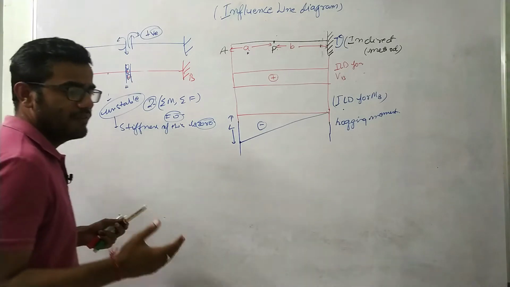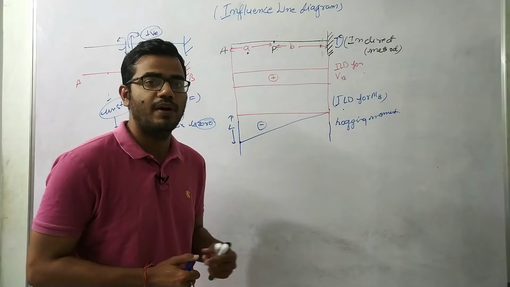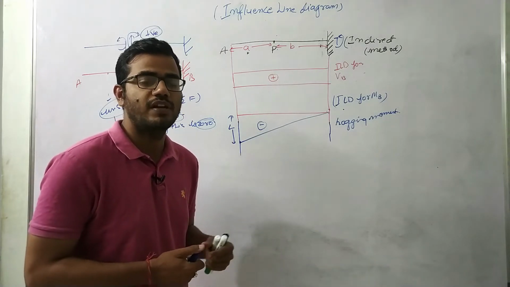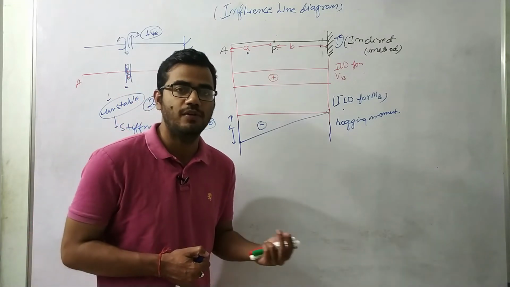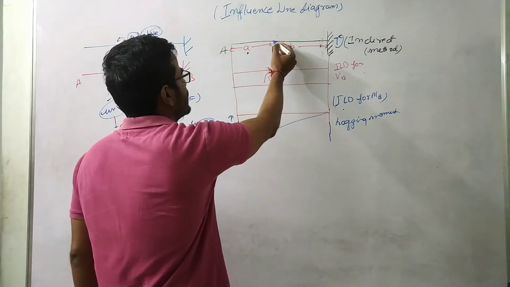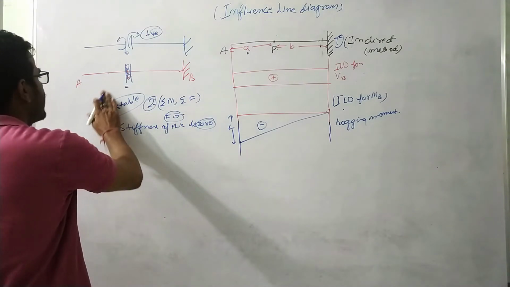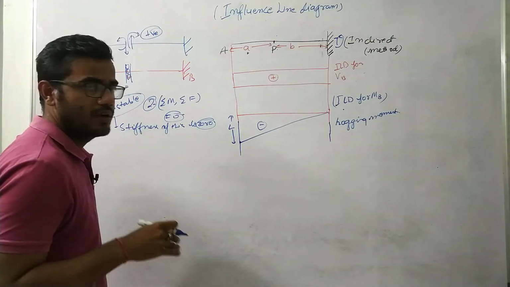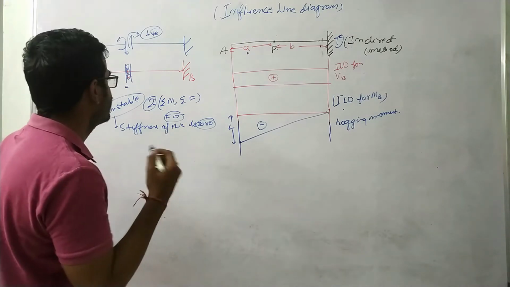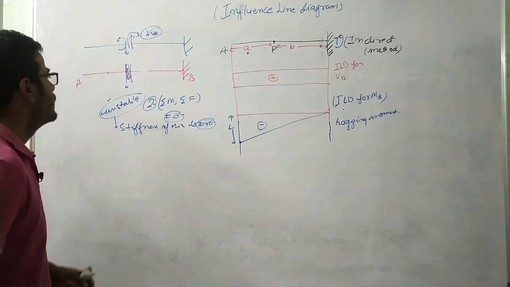That's why we have seen that in the case of a determinate structure, the influence lines are always straight lines. Why? Because we are drawing the influence line for a determinate structure, and the procedure is that we need to release that component for which we need to find the influence line diagram. So when we are releasing some component, let us suppose shear force, then this beam is becoming unstable. For that reason, the deflection diagram will only include straight lines, right? The members won't bend over here, because it loses the stiffness. The stiffness of this is 0, right?